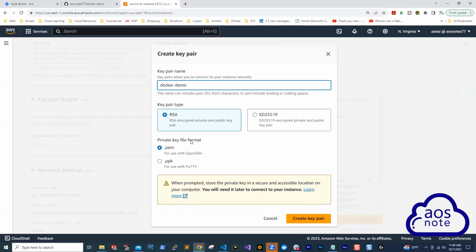Under the private key file format, you are going to select the PEM file if you are using a Mac computer, or if you are going to use PowerShell on a Windows computer to SSH into your EC2 instance, then you select the PEM format. And if you want to use PuTTY on a Windows computer, this PPK format is only applicable if you are using PuTTY on a Windows computer to SSH into your EC2 instance. So since I am using PowerShell to SSH into my EC2 instance, I'm going to select .pem, then click Create